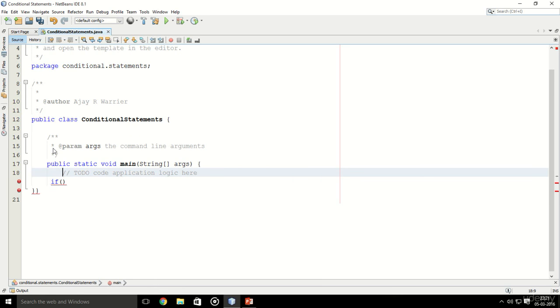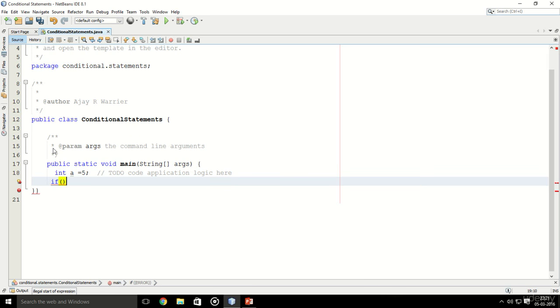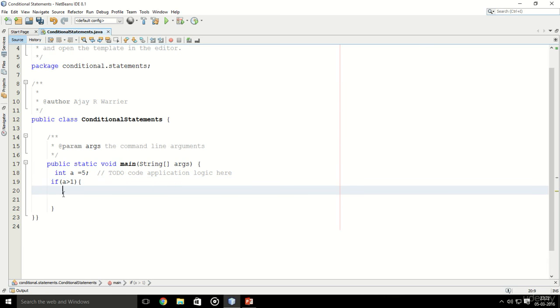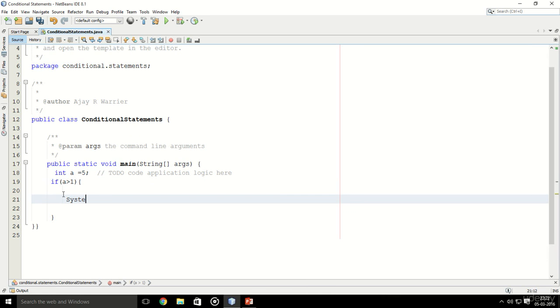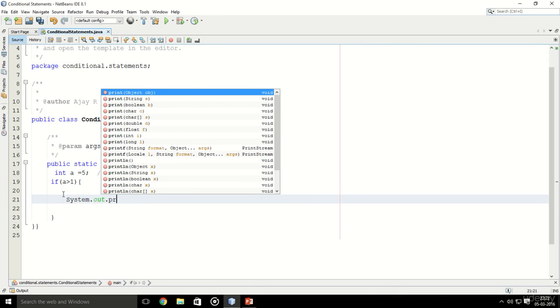Now for this example, let's just make a simple variable int a equal to 5. Now our a variable stores the value 5. We'll be using that variable to provide a condition. So let that condition in this case be if a greater than 1. We'll be writing our if statement code. Now what it will do is that if the number a is greater than 1, it will print out system.out.println